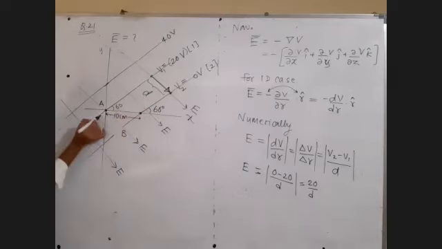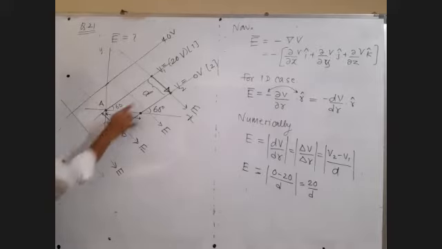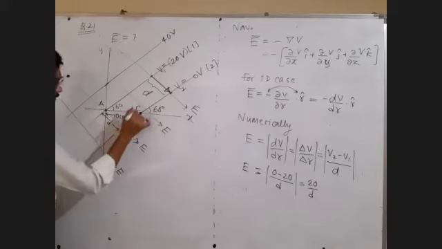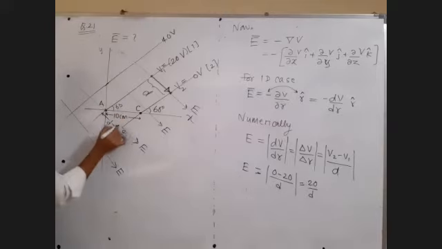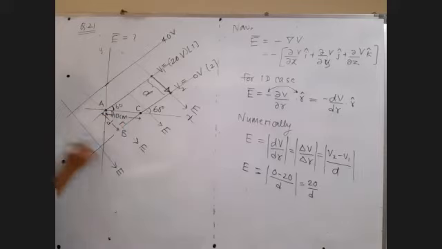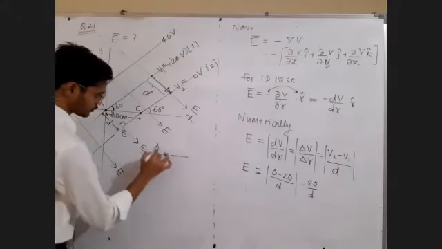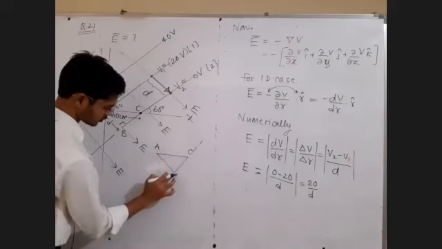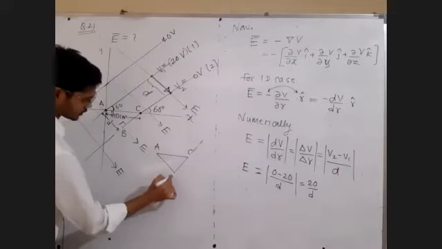This value of d can be found in this triangle. So let me draw this triangle. A, B, let us call this point as C. A, B, C triangle. In triangle ABC, AC is the hypotenuse. This angle is 60 degree. This angle, remaining angle must be 30 degree. So triangle ACB, let me draw. This is our triangle ACB.